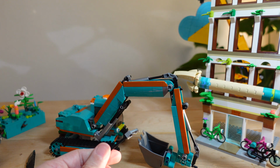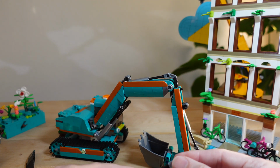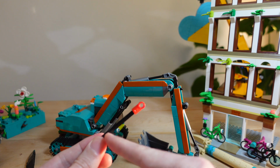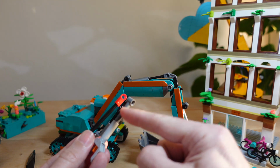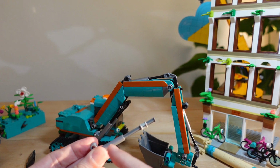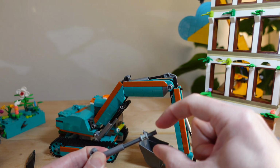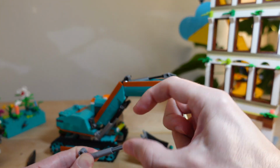And so I guess the batch of dark gray ones that I had the strongest grip to, these bars right there. So yeah, hey Lego, it'd be kind of cool if you could just make a Technic axle that has this transverse pin, kind of like this guy, but you know, it's an axle. The other thing about using this particular axle with this hydraulic ram is you can't connect something centrally like this, you know, through here without having to do an extra step or add an extra intermediate piece in there